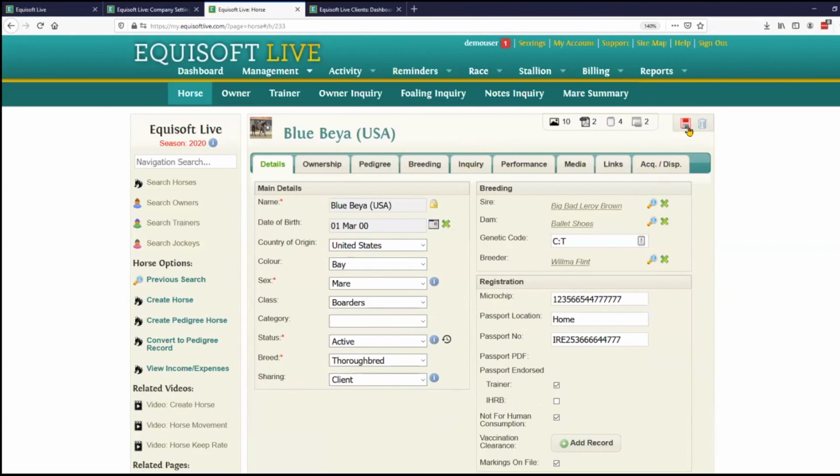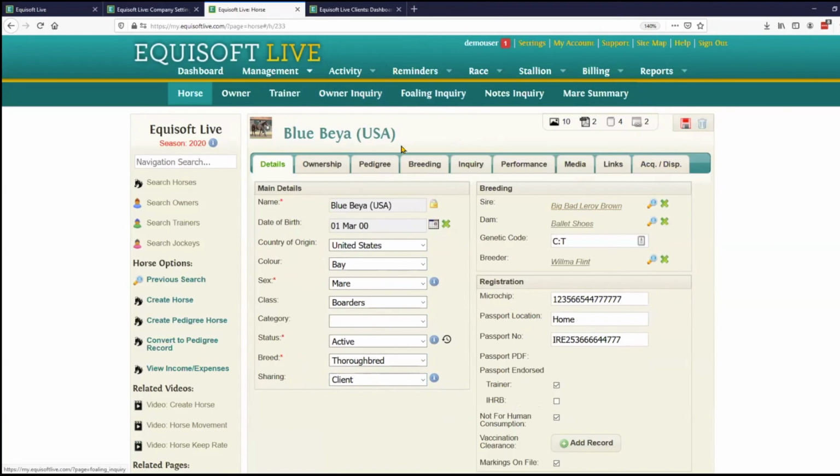And what that means is you can allow select information be made available on what we call our client portal. So the owner of the horse is able to sign into this online, like an online banking system that's available 24/7. In the case of Blue Bay, we have already set it to client,